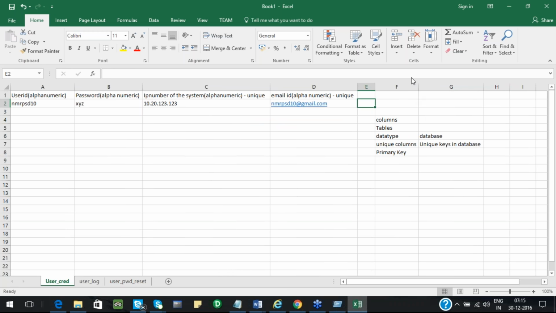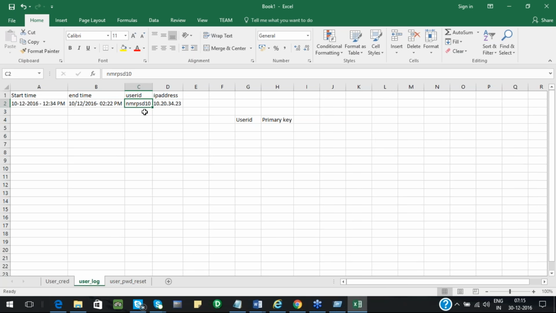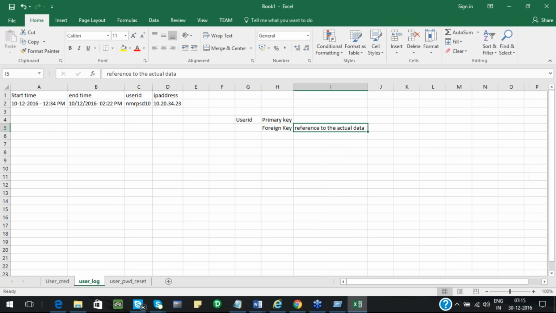So this will act as a reference to the actual data, which we call a foreign key.